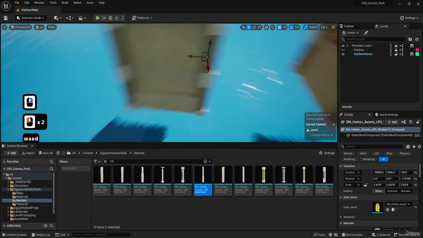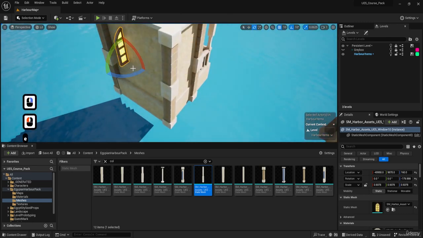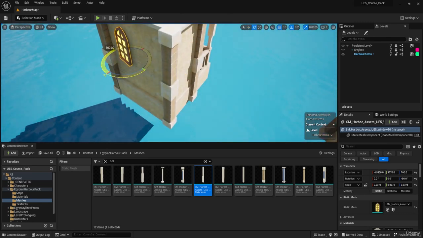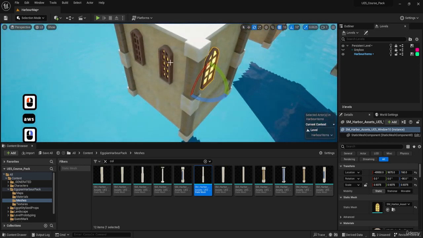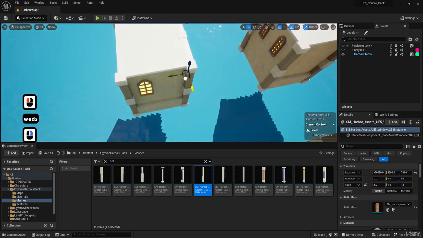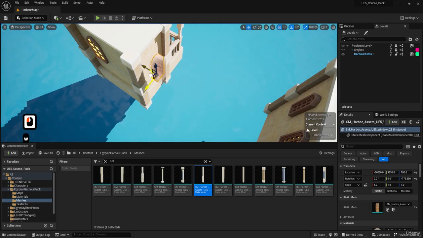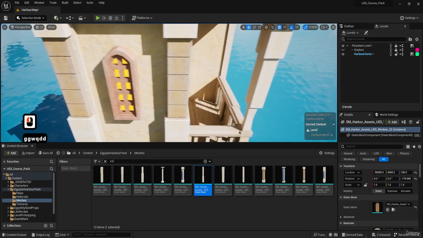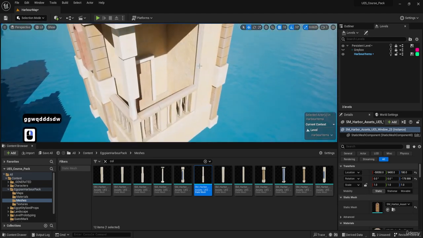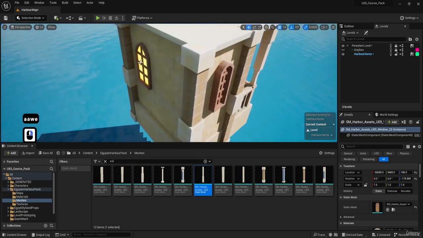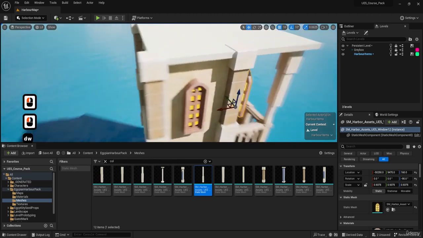I'm going to actually replace some sections a little bit like so. Maybe put this on this side, get one of the windows over on the other side, and things like that. Basically just a quick replacement, rotations and whatnot. We don't even need to use new props in order to get that new looking variation. Might even consider adding a window over here actually, which I'll do with this one,